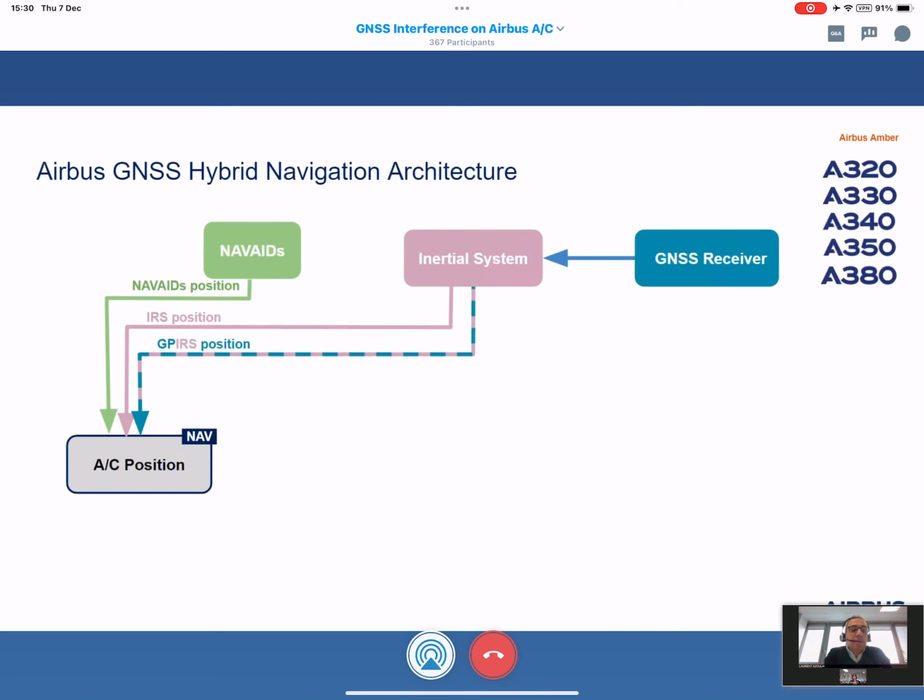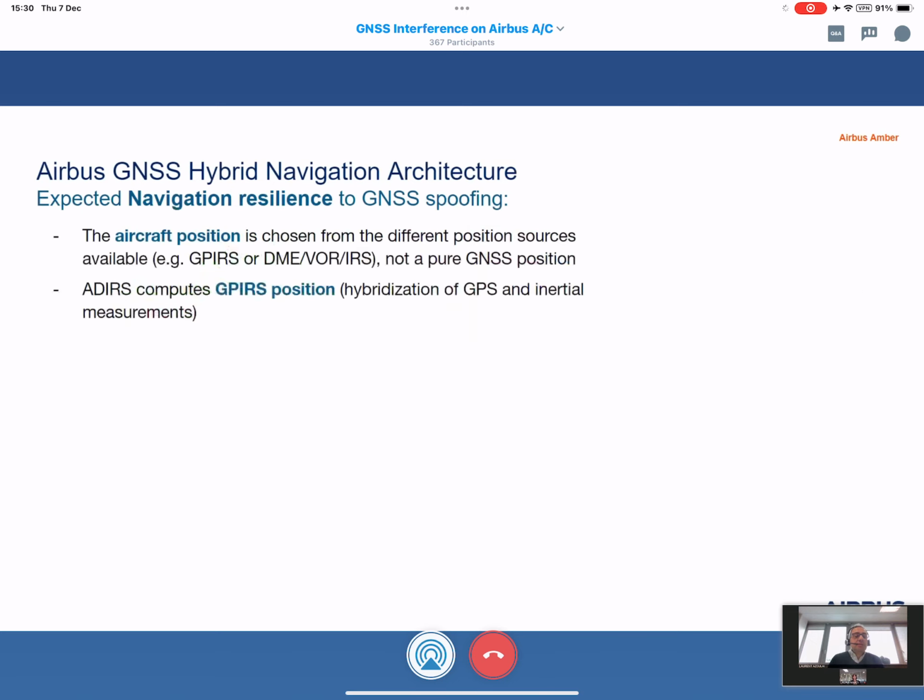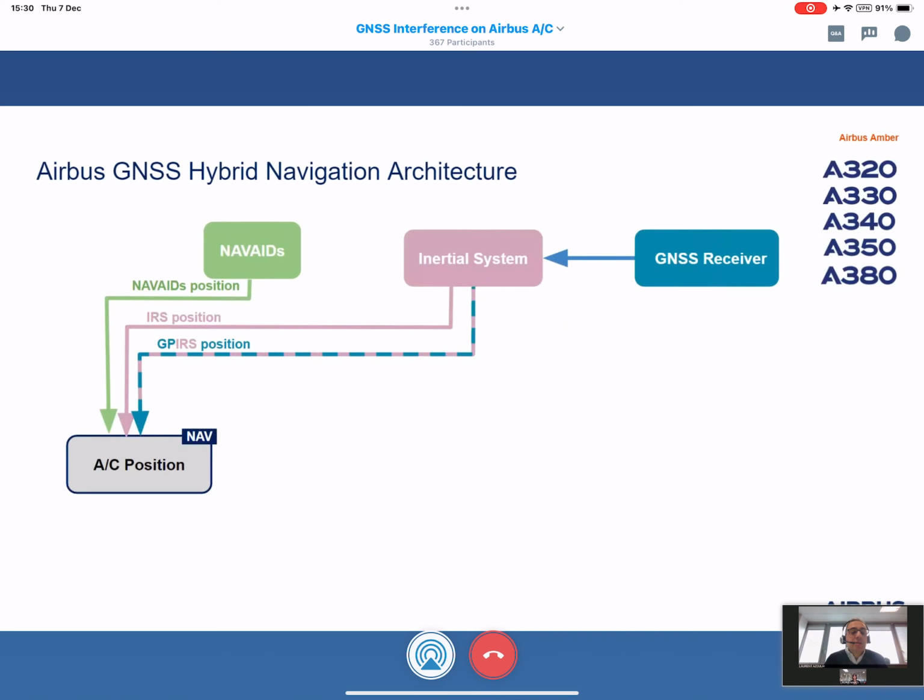So now next one, please. Looking at the architecture, you can see that the GNSS receiver measurement goes into the inertial system, and we have two independent inertial-based information that goes out from the inertia.